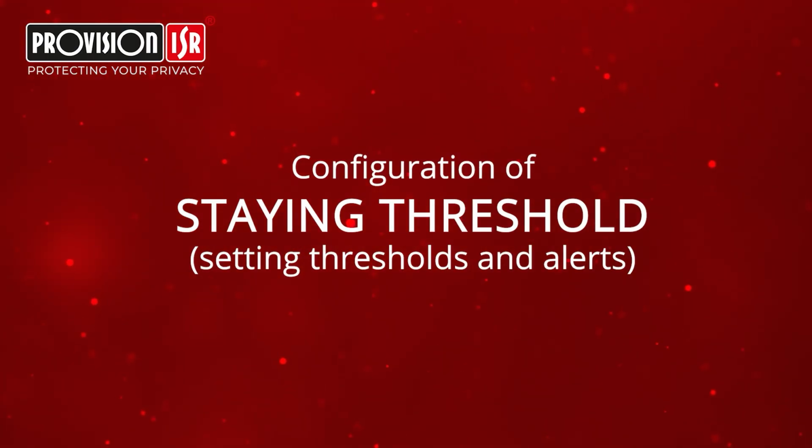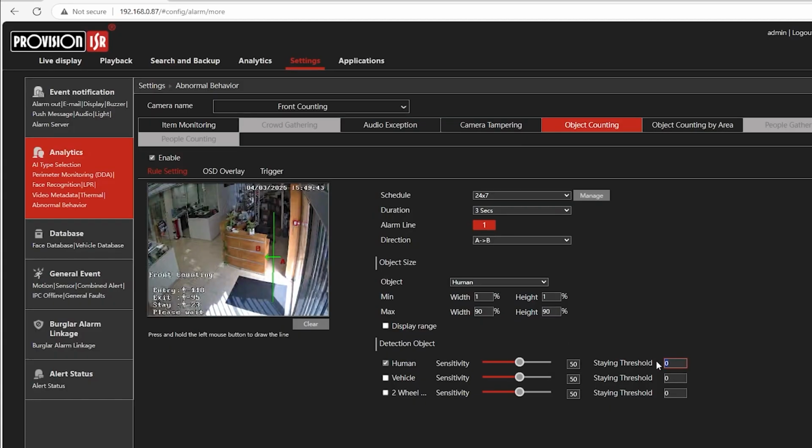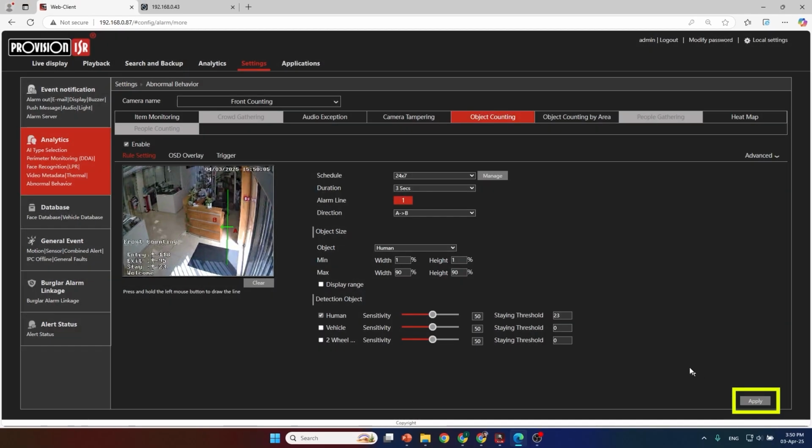Now let's configure the NVR to react when a predefined counting threshold is reached. When this occurs, we can use the full range of response options available on the NVR. Let's start by enabling the camera we used earlier to trigger a reaction when the number of people crossing the line exceeds 23. When this threshold is reached, the NVR should send a push notification to the Cam2 app and